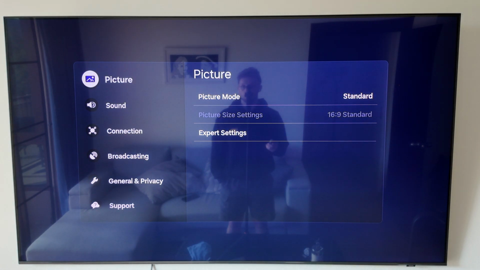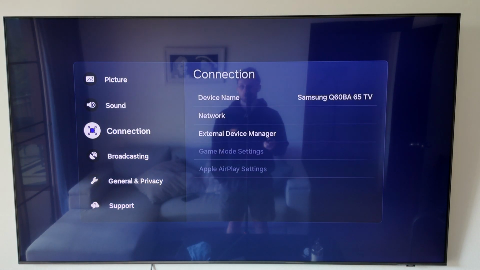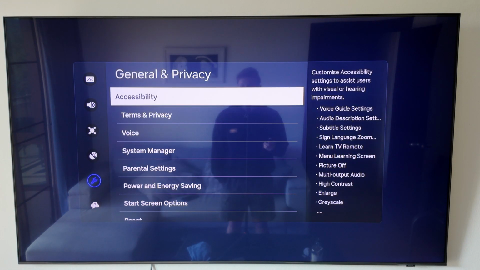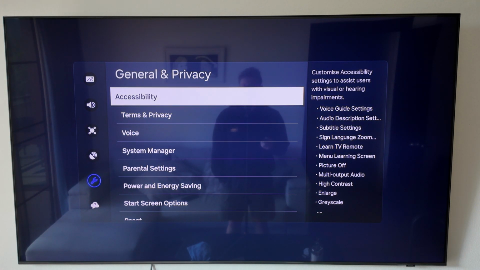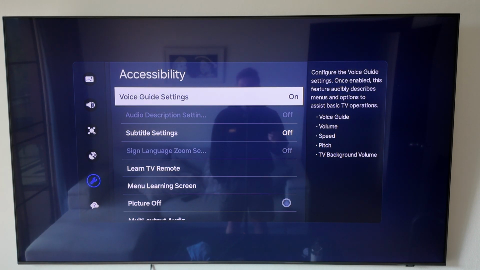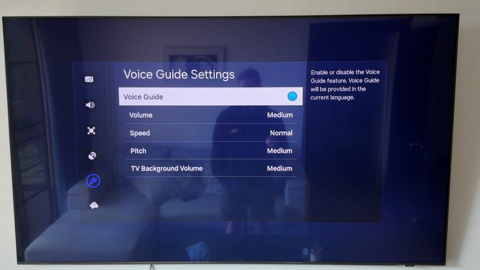Now, once we're in all settings, we can then go to general and privacy. And once you click on that, you need to then go to accessibility. Inside of accessibility, you will then see voice guide settings. This will be turned on. You can click on this and you can go ahead and just click voice guide, and this button should go